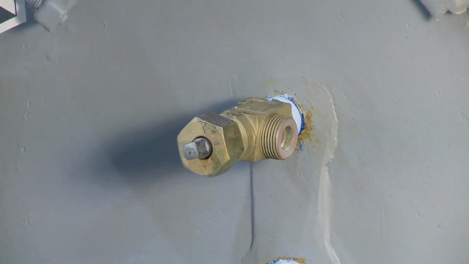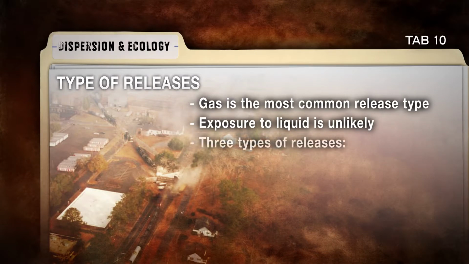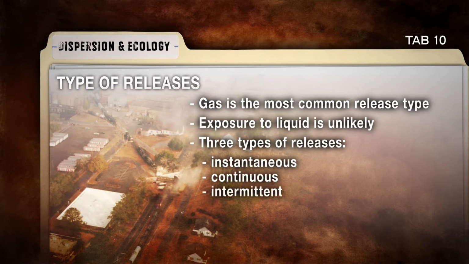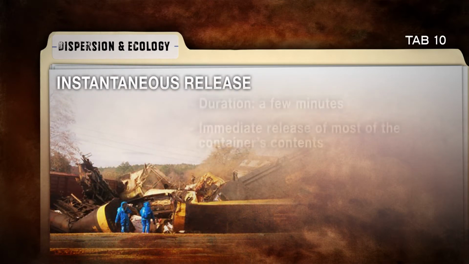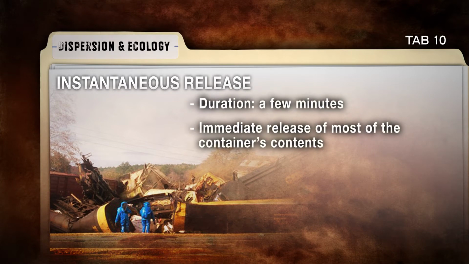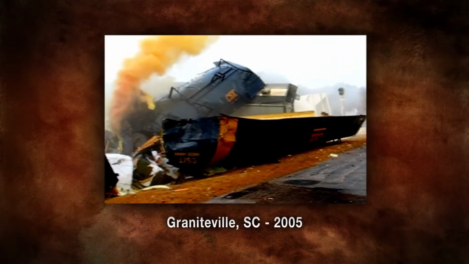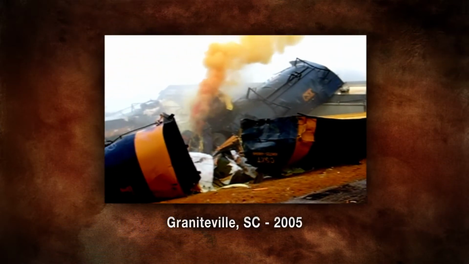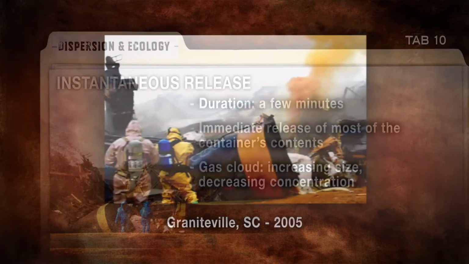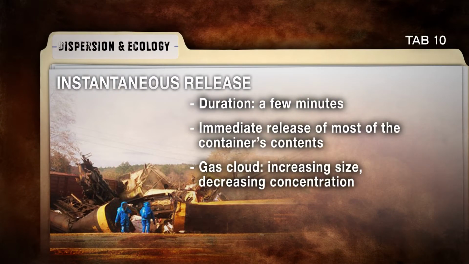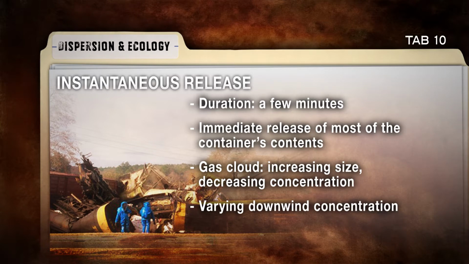and ecological effects. For more significant releases, there are three types of releases: instantaneous, continuous, and intermittent. An instantaneous release is characterized by the release of chlorine into the atmosphere in a relatively short period of time, like a catastrophic container failure, such as a significant chlorine breach due to a train derailment. This type of release will result in a gas cloud that moves across the downwind range while increasing in size but decreasing in concentration. The concentration of chlorine monitored at any given point downwind will vary over time, depending on